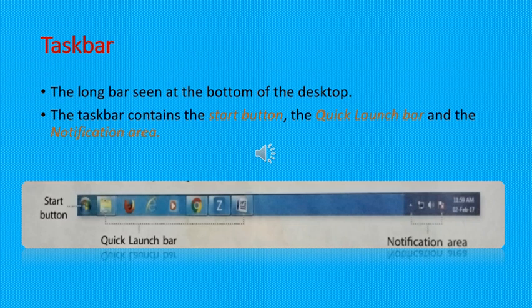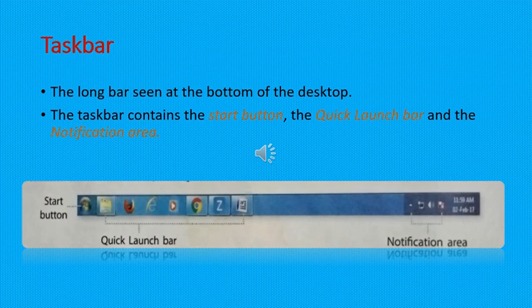The notification area is present on the right corner of the taskbar. It displays the current date and time and icons that inform about the status of background processes and computer settings. Then at the extreme right corner of the taskbar, there is a button known as the Show Desktop button. When you click the button, it minimizes all open windows and shows the desktop. Let me repeat the same.